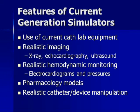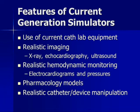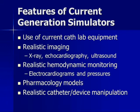I think the current generation simulators are terrific. I think you'll have an opportunity to see one of them today. The major advance in the last few years is that we're actually using the exact equipment to put into the simulators, so you understand how these things torque, you understand when you have things with dials, triggers, how those work, and importantly, how those look in X-ray and in two-dimensional space. We also can integrate